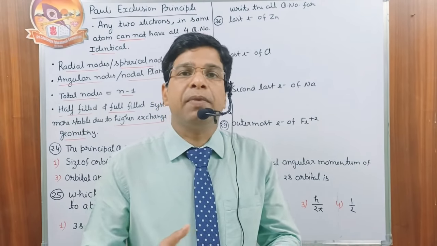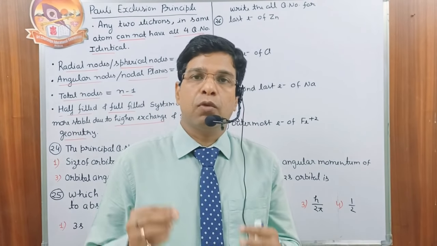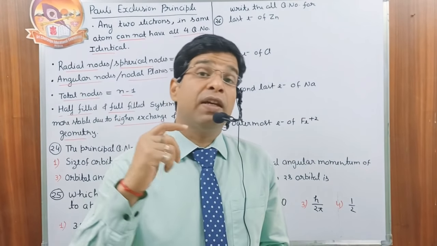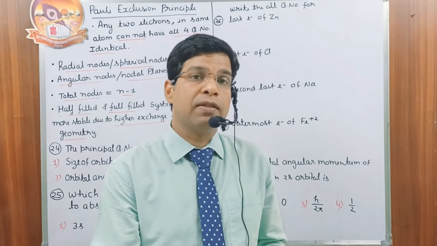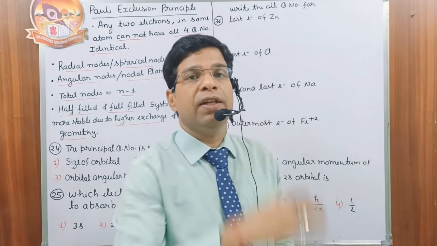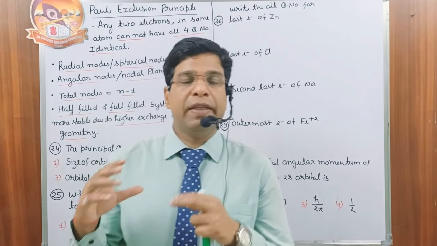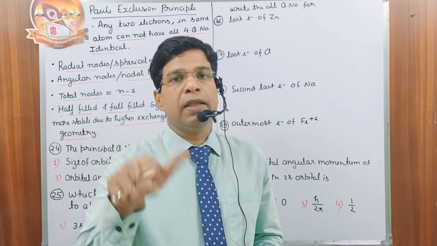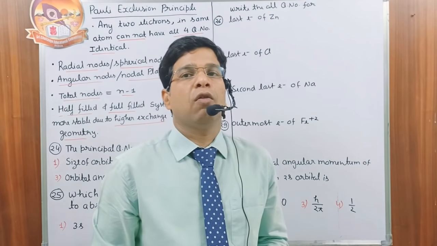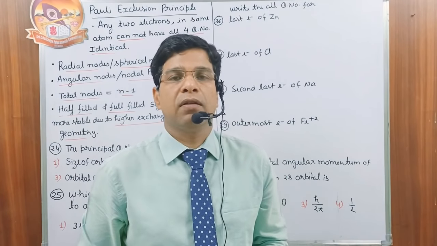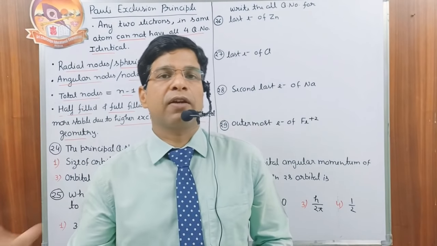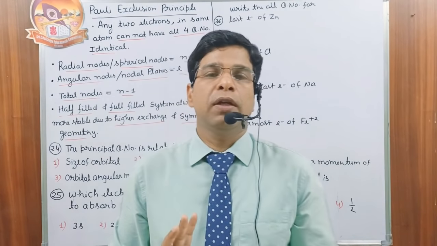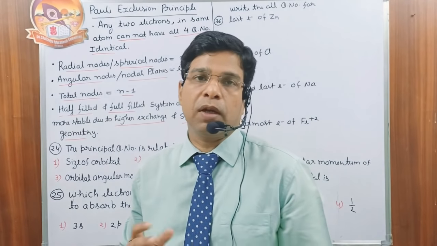It is the same case as we have in day to day life. Two persons in this world cannot have exactly the same address. If their address is the same, and their flat number is the same, then at least they have different names. So this rule is also applicable for atoms and electrons. No 2 electrons in the same atom can have the complete address identical. They must have some difference from one electron to another electron. So Pauli's exclusion principle is very simple: no 2 electrons in the same atom can have all the 4 quantum numbers identical.